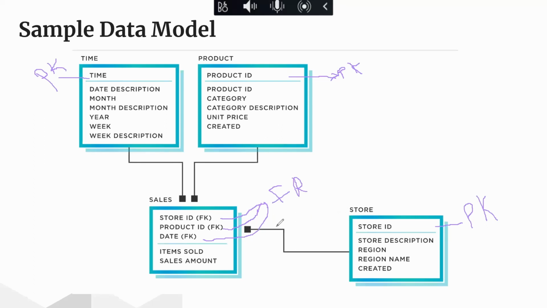So what happens is that one primary key can appear here multiple times. So this is one, this is many. For a store in Yaba, for instance, it will appear multiple times here because that store will sell multiple items in a day.